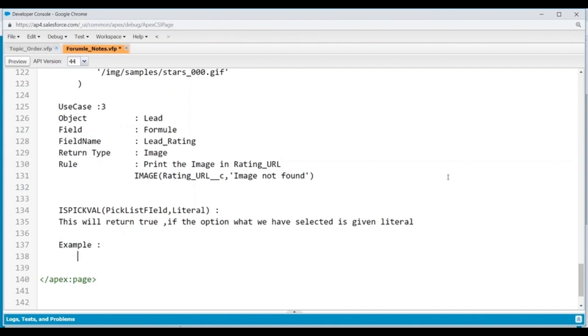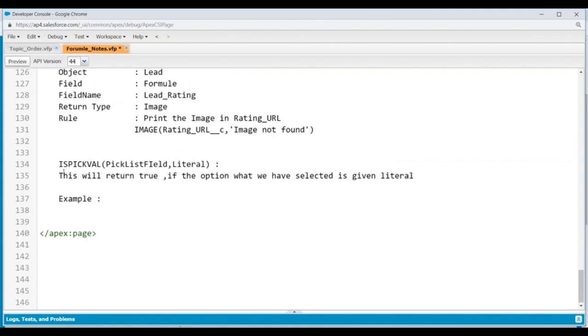Example. This is only applied for which field? This function works for the pick list field. Example, is Pickval city